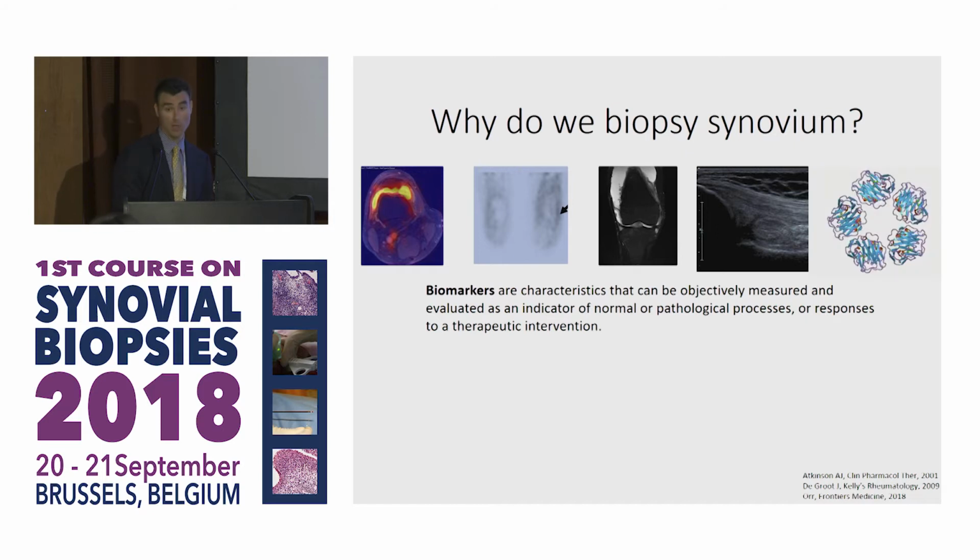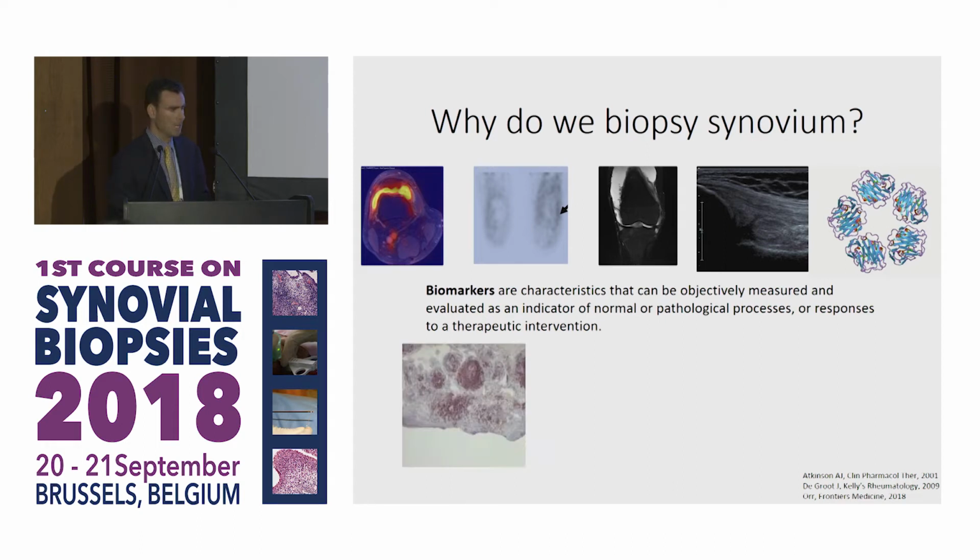We think commonly of circulating biomarkers like the pentraxin CRP here, or even ACPA. They're readily available, they're inexpensive to do. But sadly, they too have been somewhat disappointing in predicting responses to treatment and selecting patients to go on the correct treatment at the beginning. So many of us in this room have turned our minds to the target tissue of the inflammatory arthritis in the hope of identifying biomarkers there. So the biomarkers may be, for example, the CD68, which has been shown at a population level to correlate with disease activity and response to treatment.